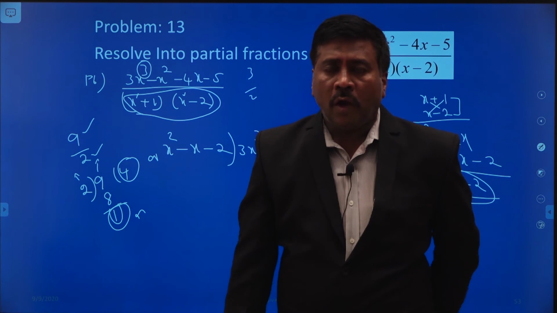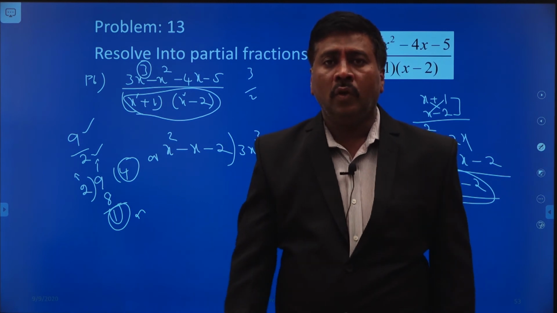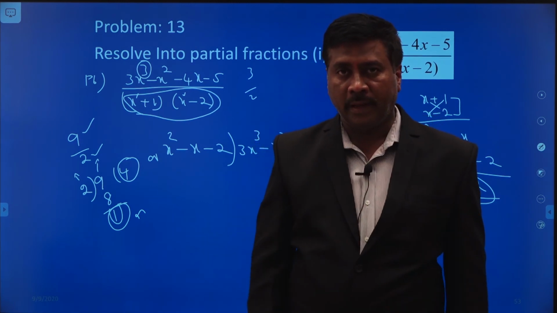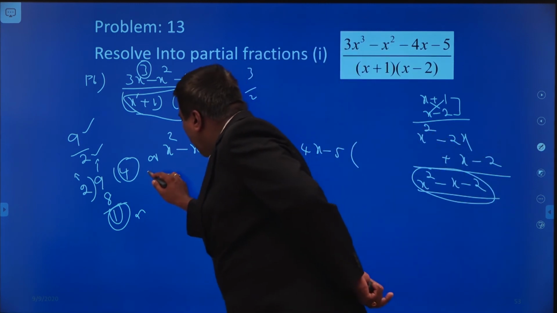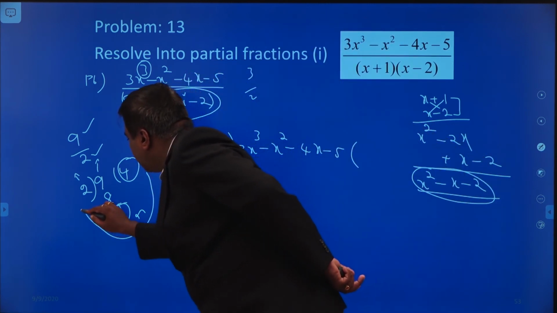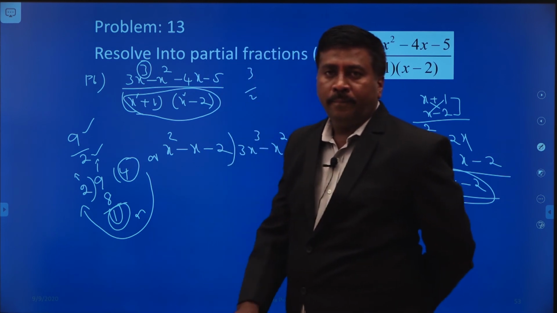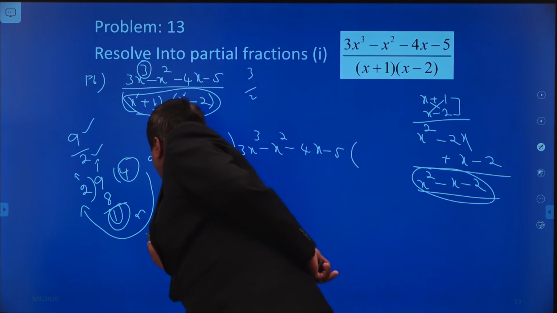Now, after doing this synthetic method, we will get the same fraction. How do we get it? By taking the reverse process. Please all of you keep this in your mind. So here, we have to take 9 by 2 is equal to,